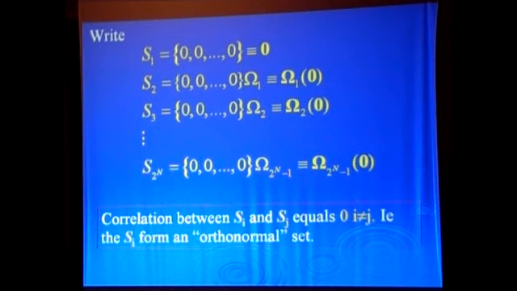They're orthonormal in a sense. All of these will have equal numbers of zeros and ones, so if you define a norm in terms of the numbers of ones in the sequence, then all of these have the same number of ones. But they're all